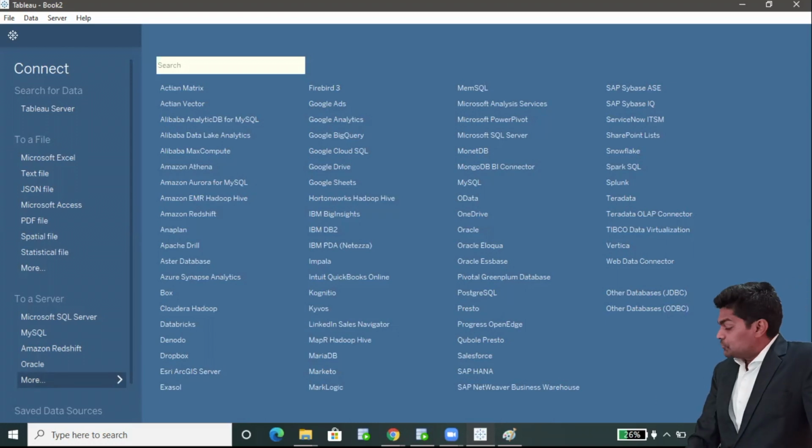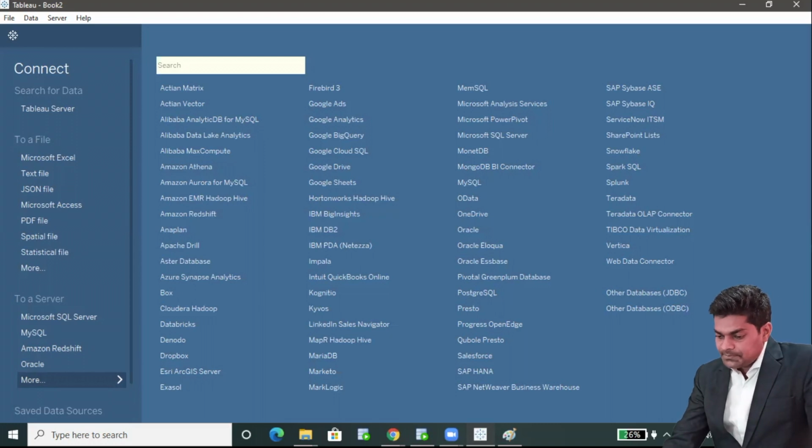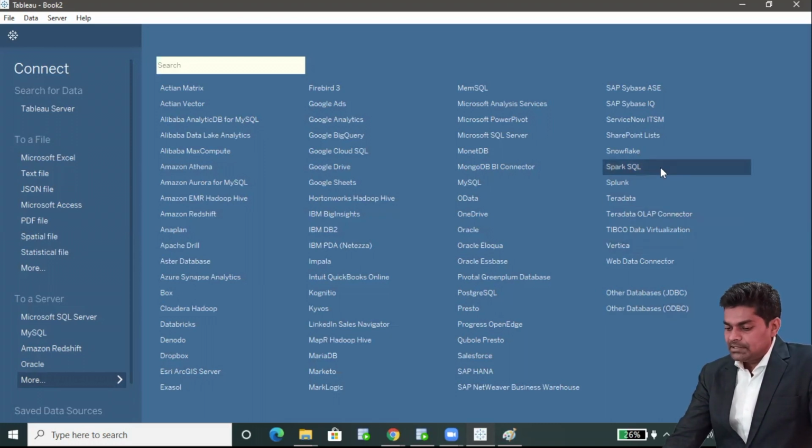My favorite, Snowflake, Amazon Redshift, Spark SQL, Splunk, Teradata, Vertica database, Oracle database, Oracle Eloqua, PostgreSQL, IBM DB2, Google Sheets, Google Drive, Azure Synapse Analytics, Dropbox, Exasol, Marketo, MariaDB.